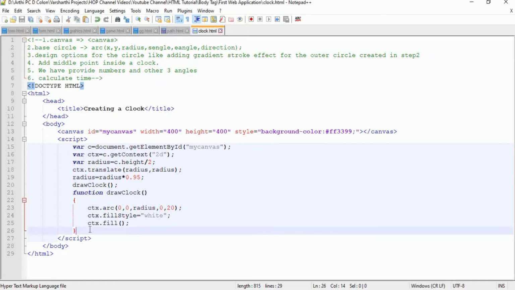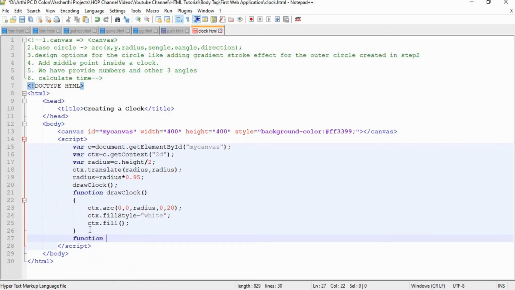Now we can create another function for making the circle look like a clock, and inside it we can add some gradient effect and the midpoint of a clock, right? So here we are going to make a function named clockEffect.